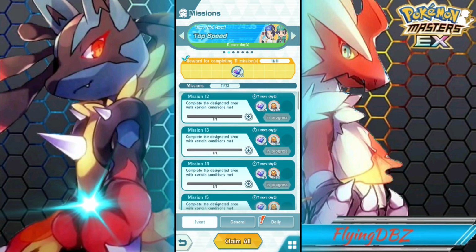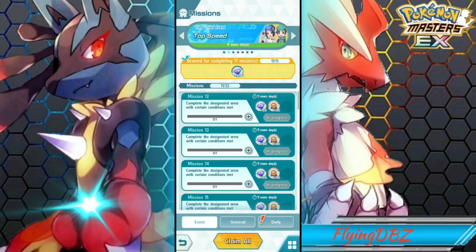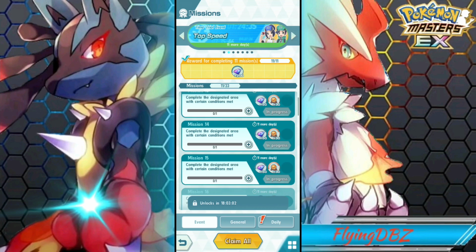For mission 12 and 13, we need to use 2 grass-type Pokemon and beat it in under 3 minutes. And that's going to be pretty easy to do. And then for mission 14 and 15, all we're going to need is 2 ground types and beat it under 3 minutes as well. So we're going to do that in this video, of course,